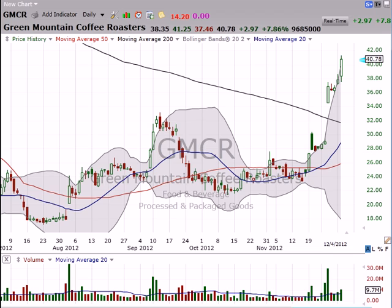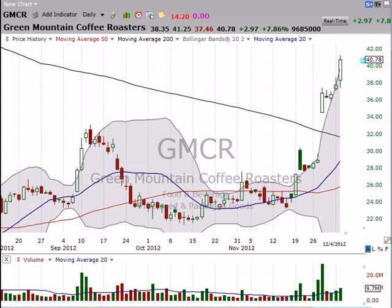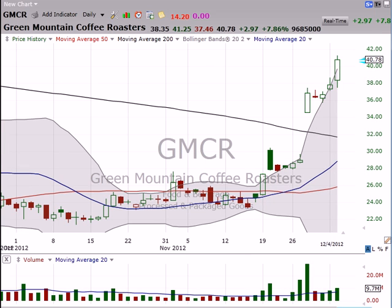move here. But if you recall, I said yesterday that when a stock trades outside the upper band like this, that's a real sign of strength. It closed 1, 2, 3, 4 days outside the band before today. And my suggestion was that you consider two alternatives. You take a little bit of profits, or in order to let the stock run, and this is the one that's important, you use the prior day's intraday low as your reference for